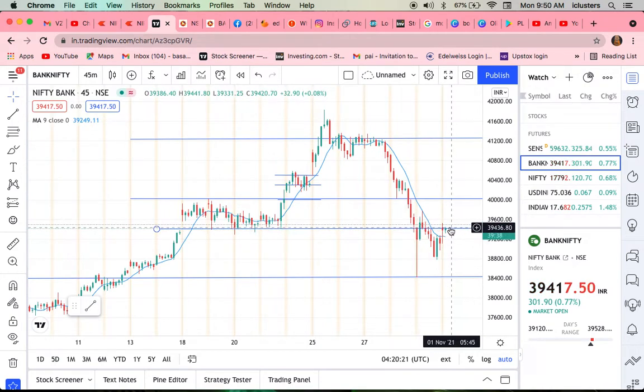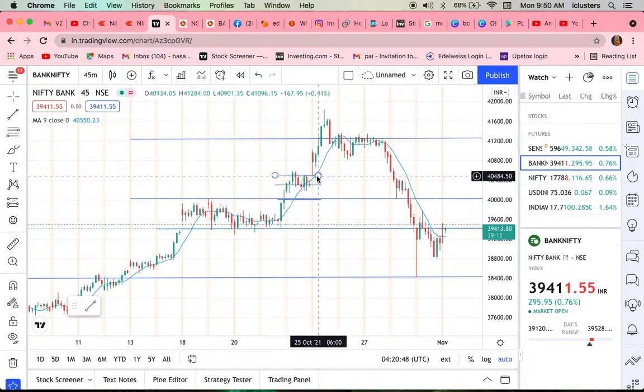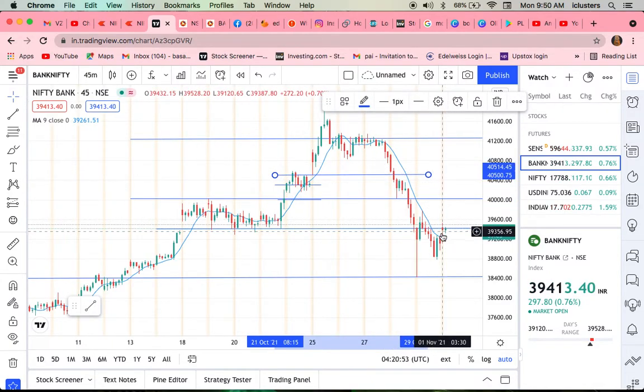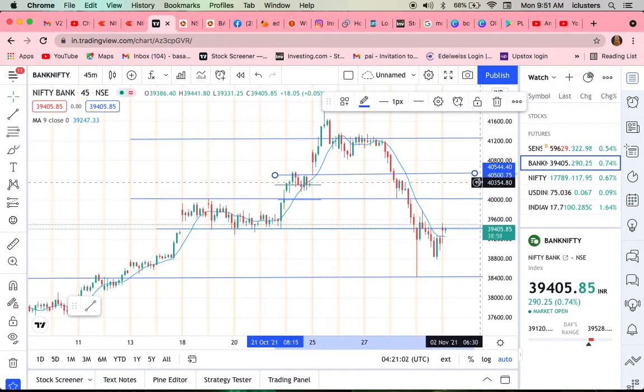Okay, after that, what is the target here? For example, here 39,419 is running at present. If the trend line breaks and the price starts moving upwards, this is the major resistance area. The price will hit this target, consolidate for a little bit of time, and then reach this area, because the price has already bounced here one more time previously. This is the second target, and if the price breaks the trend line, this is the first target and this is the second target. Okay, this is how we want to take the trades.